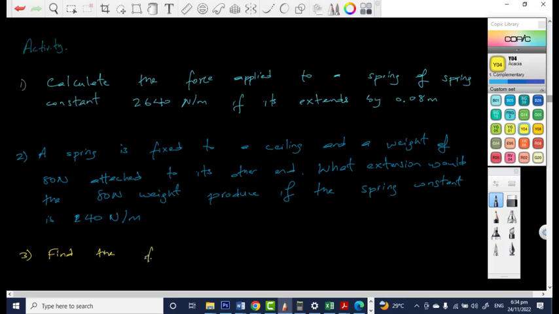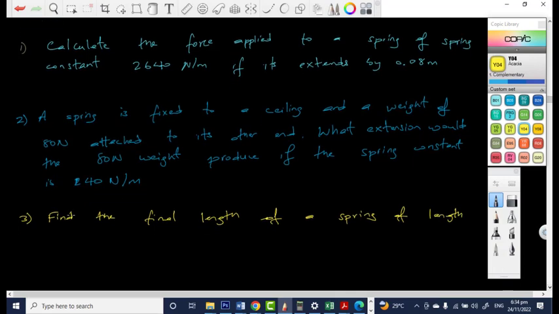the final length of a spring of length. Let's say the length is, say, 10 centimeters. Let me say 12 centimeters. So 12 centimeters when, say, a 4.2 Newton object is attached to it,